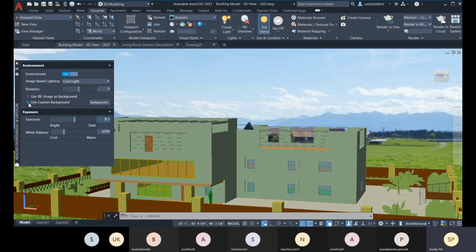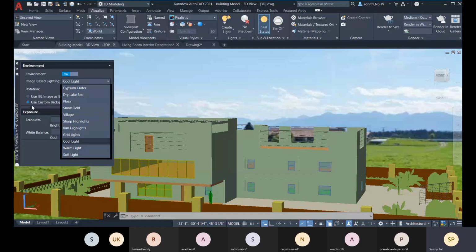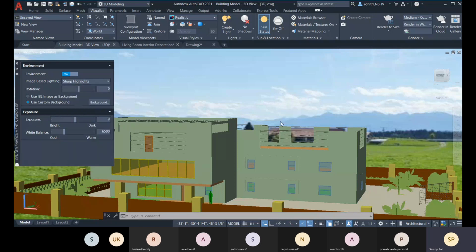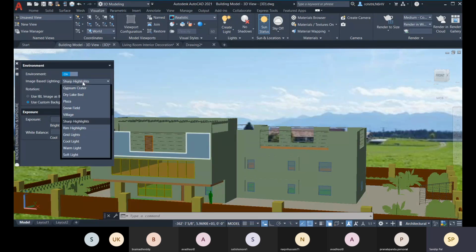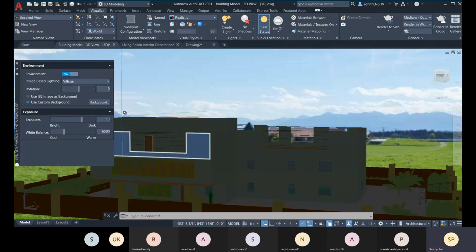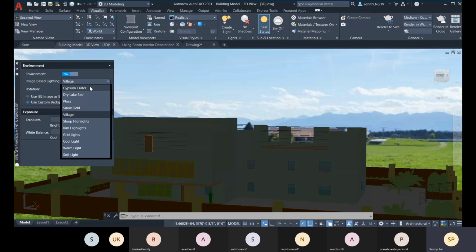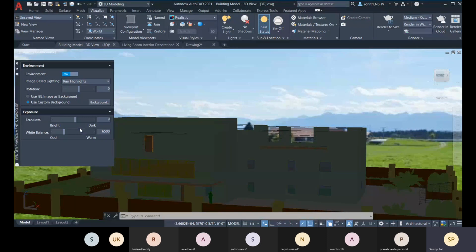The image based lighting you can apply, but you are applying the custom background right now. That is fine, but it will apply this also. So you can choose what is working perfectly as per the model.